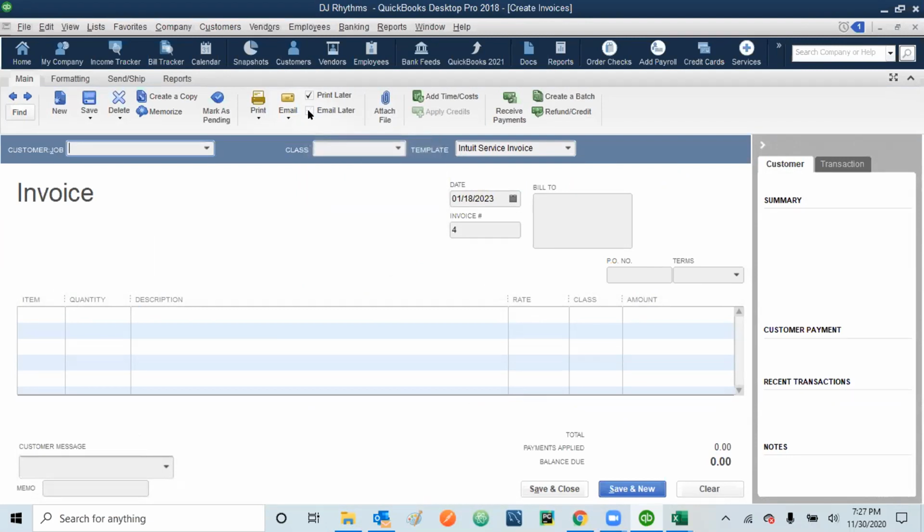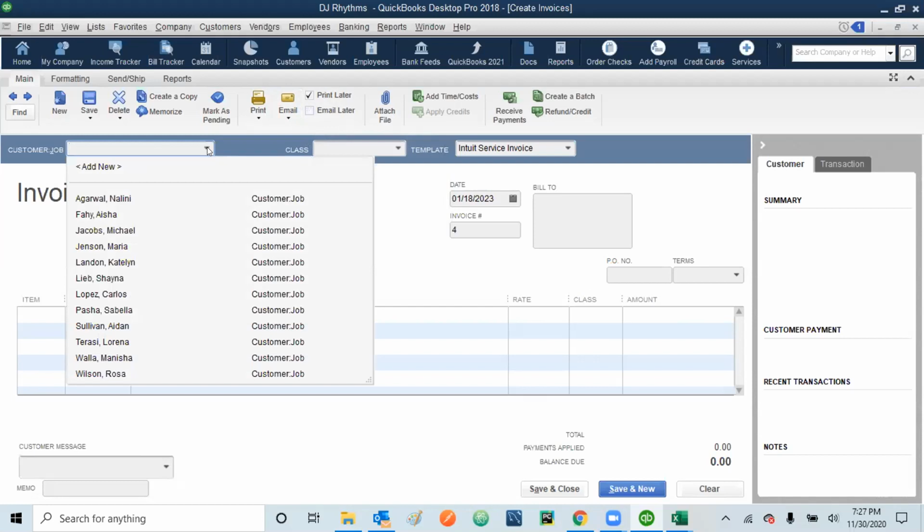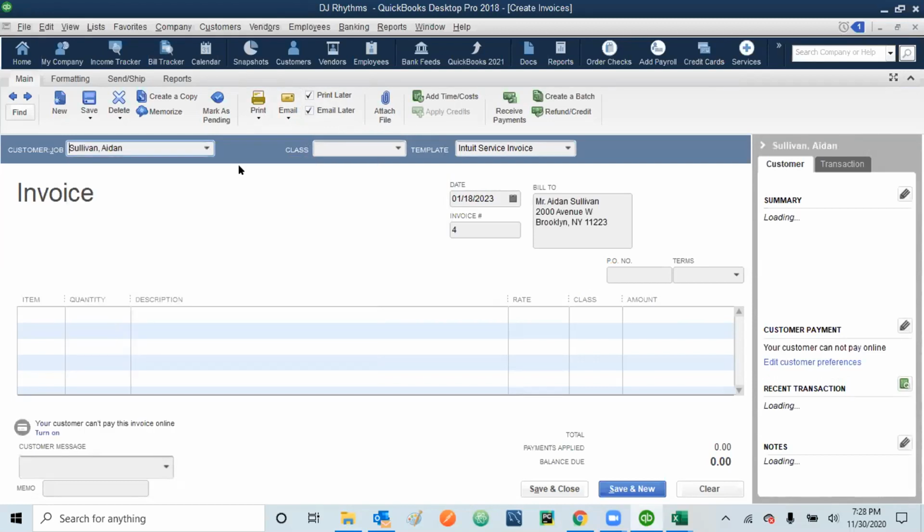Right now for this transaction, we have to uncheck it. And then again, we have to make the customer, we have to do the transaction for Sullivan Aidan. So the customer is selected. The transaction is for a private customer. So select the private. And then the date was 01/2023.